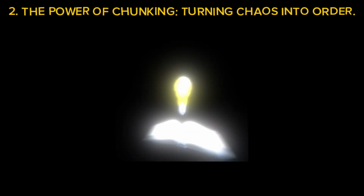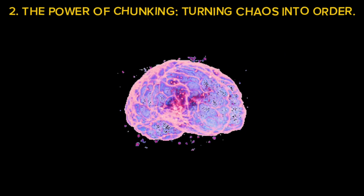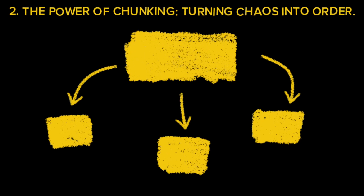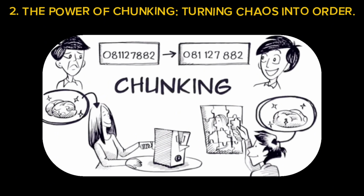2. The power of chunking. Turning chaos into order. Our brains aren't designed to handle an overload of information. That's where chunking comes in, breaking down large sets of data into smaller, more manageable pieces. This system works wonders for memorizing phone numbers, e.g.,